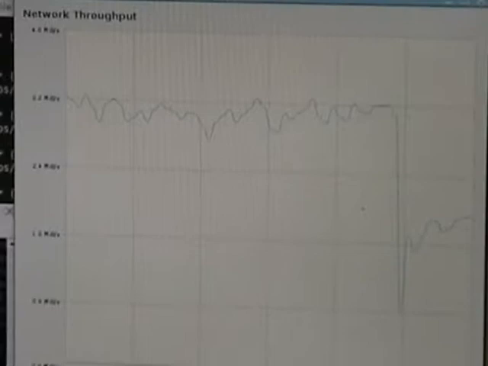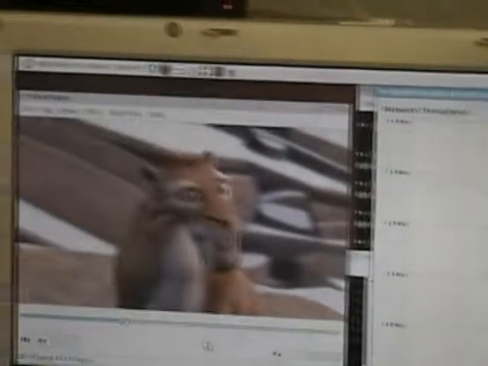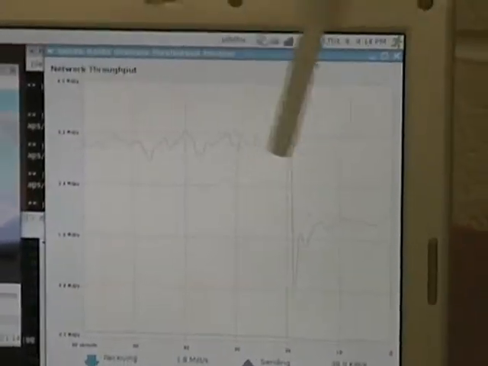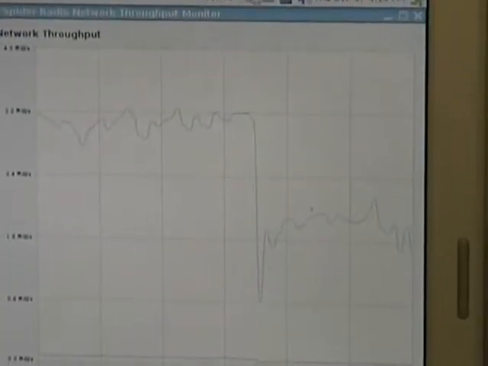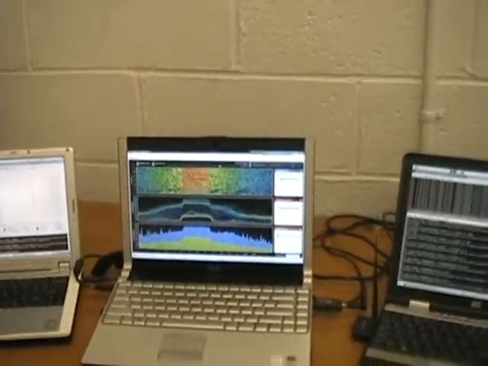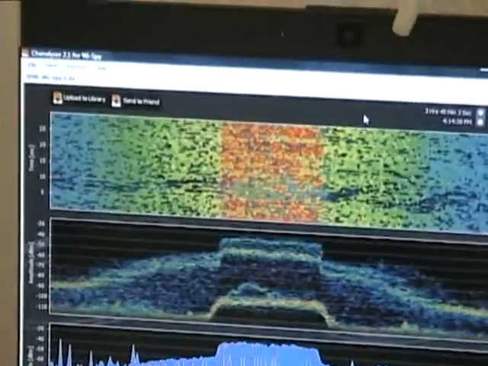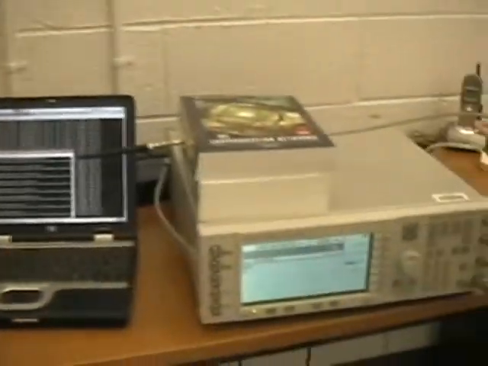Next, you can see in the Wi-Fi that there has been a lot of noise and interference, and correspondingly in this laptop you can see the network throughput has gone down a lot, and right now it's almost in the range of 1.4 megabyte per second. It is clear from this scenario that normal Wi-Fi cannot operate correctly or efficiently in the presence of this primary signal generator. From the Wi-Fi, the communication is getting worse and worse. Next, we switch off the primary again.